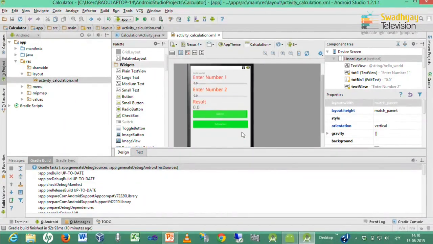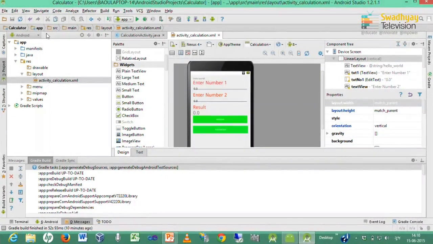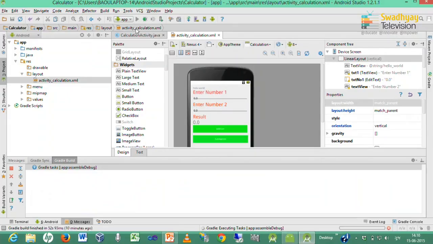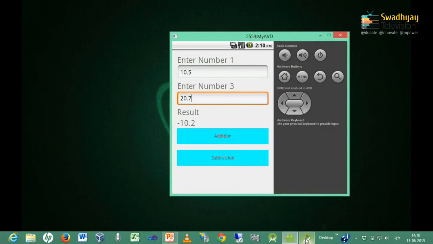So, this is how you can create your interface. Now, suppose I want to see how this interface looks in our emulator. So, you can press this start button. Now, one emulator is already running here. So, it will ask whether you want to launch a separate emulator or run your application in the existing running emulator, which is this. So, Android will ask that question to us.